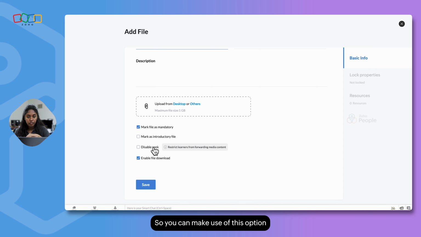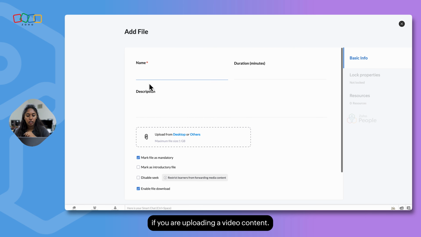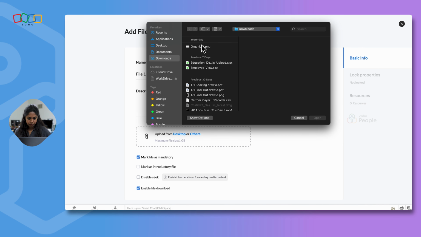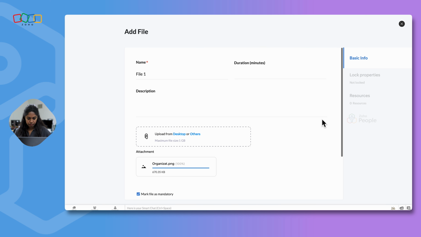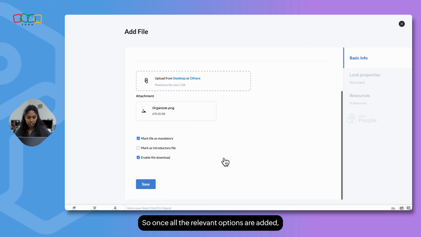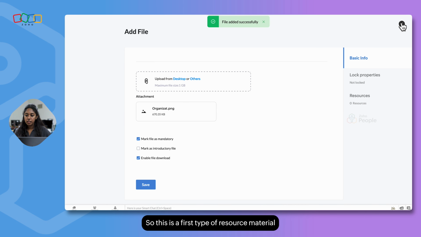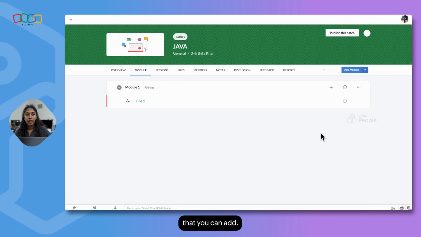So you can make use of this option if you're uploading a video content. So once all the relevant options are added, you can click on Save. So this is the first type of resource material that you can add.